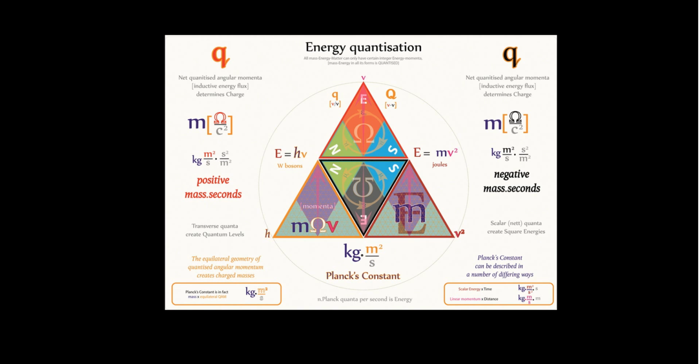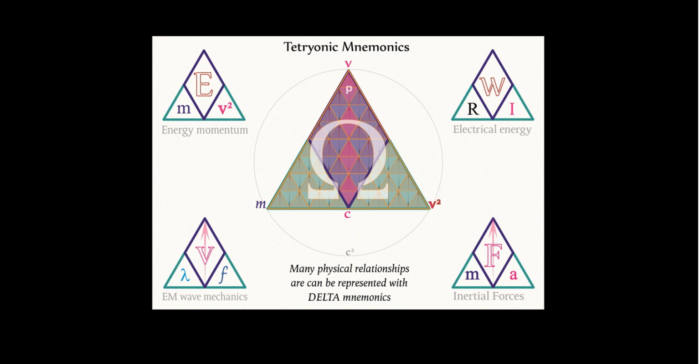put the triangles together. You can even use the triangles as mnemonics, so that where it comes to E equals mv squared as a formula, if you visualize it as that, you know that m is E divided by v squared or c squared, and that energy is m by v squared. Likewise, the velocity of a wavefront is its wavelength times its frequency, and the wavelength is the velocity, c, divided by the frequency. All these inverse relationships of wave mechanics and energy momenta, electrical energy with work and resistance, and